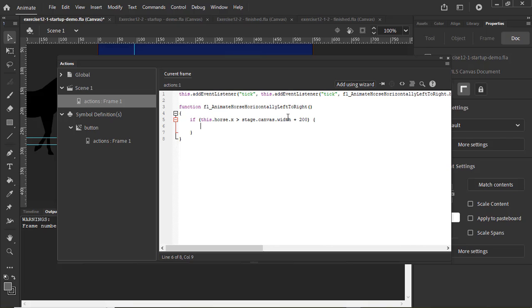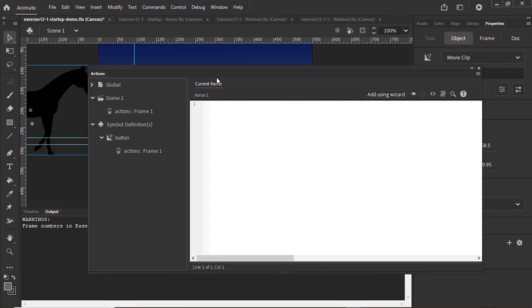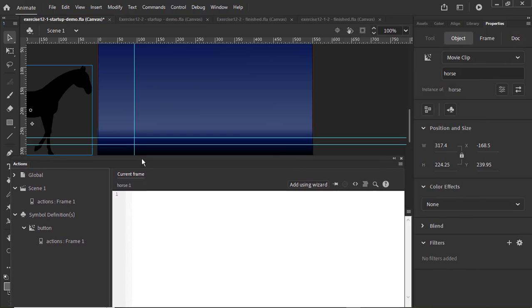and in this statement we're talking about the horse's X position, the horizontal position, and we're saying if the horizontal position is greater than the width of the visible stage, the canvas, plus we need to give some space for the width of the horse. Now I gave it a little bit of extra space. I think the width of the horse is about 100,